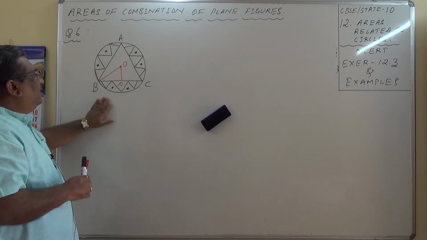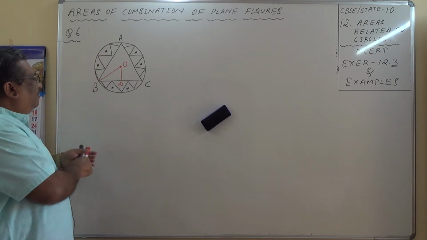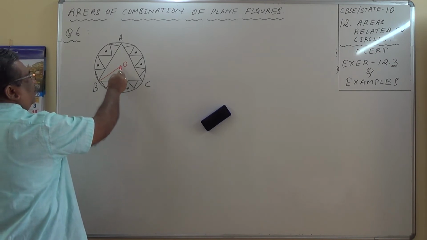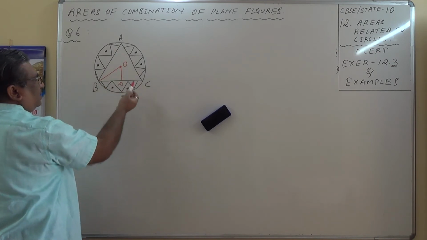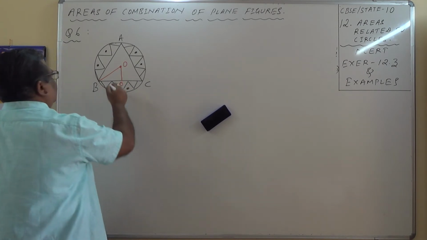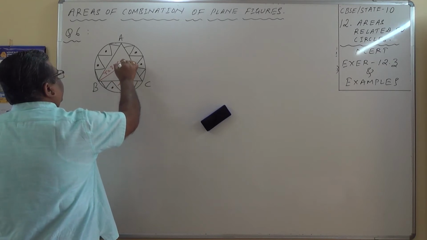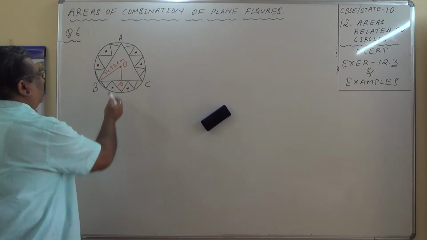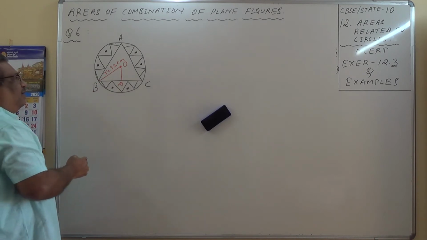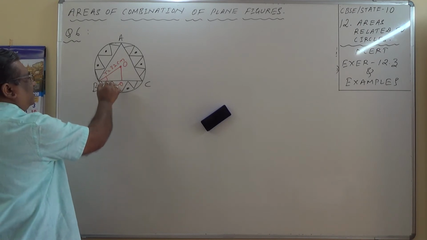But we do not know here what is the side of the equilateral triangle, but definitely we know the radius. So if O is the center, then OA equals OB equals OC will be the radius there. So the radius is 32 centimeter. R equals 32 centimeter given. Now this OB will be the angular bisector over here. We know angle B is 60 degrees, angle OBD is 30 degrees.